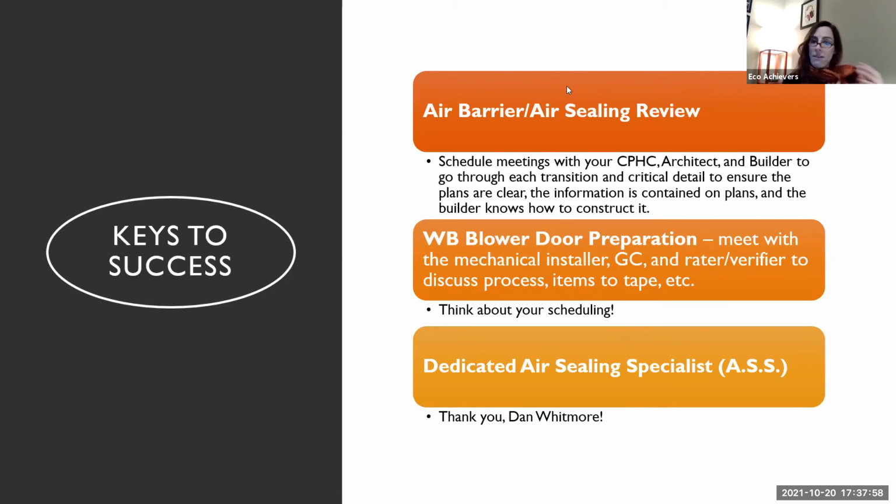So have the CPHC walk through all of these things. Have the architect walk through the transition details, like what happens as you're going from your exterior wall to the roof, to the ceiling. What do you do with the mechanical penetrations? How are you handling all of these different details that you can talk about, but those air barrier and